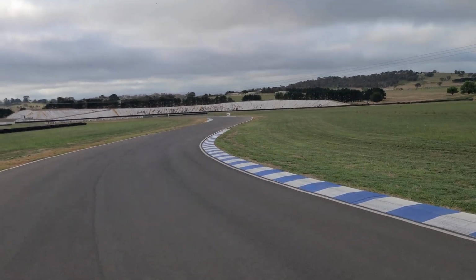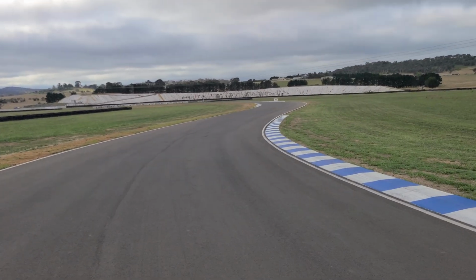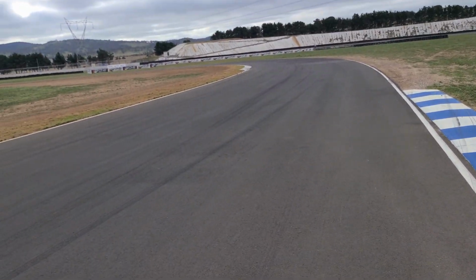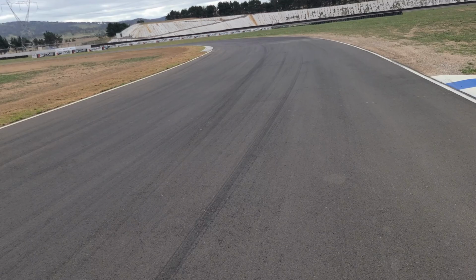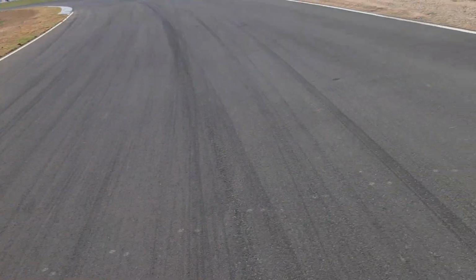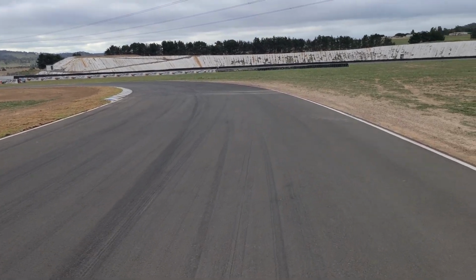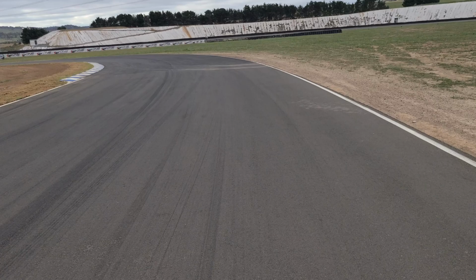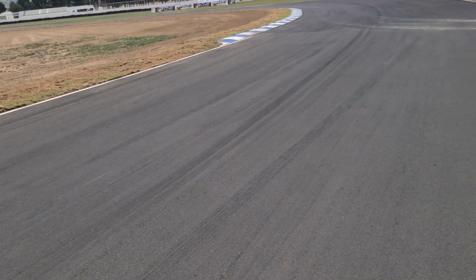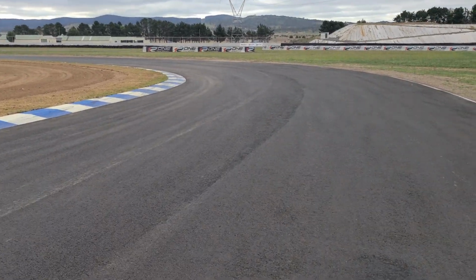But down after this corner and then into this little bit here, I think you might be able to over chop. But let's walk down there and see how much we've got to work with. 50 metre board and a lot of lock brakes, because you're going to be unloading the inside tyre from the fast section there, so people are braking back there and braking all the way through into here. But you might be able to get a little move done if you position the car right through that last corner. But yeah, there's a lot of lock brakes into this corner, so we'll just have to watch out that the tyres are able to handle